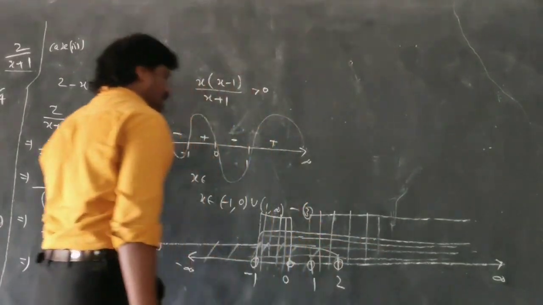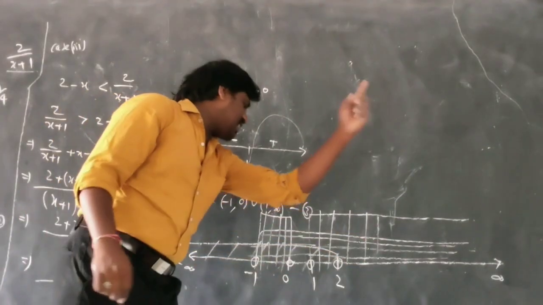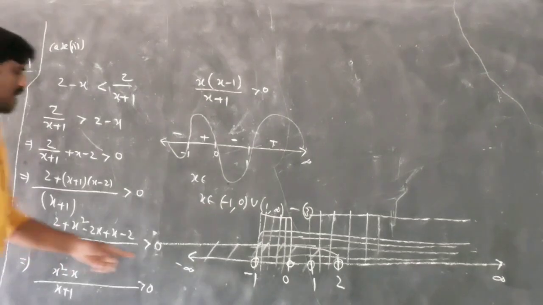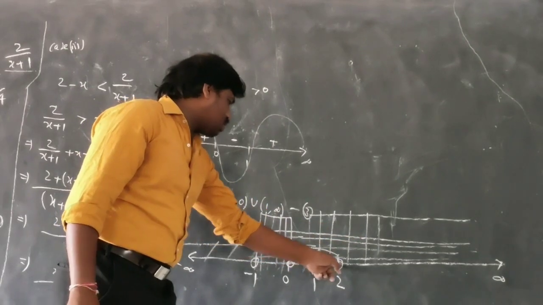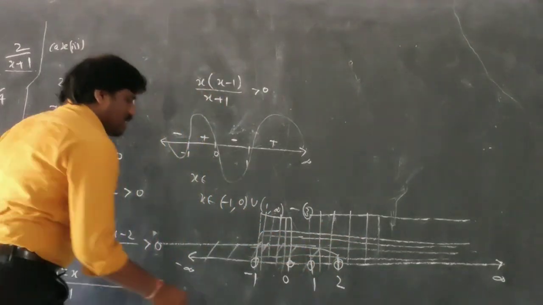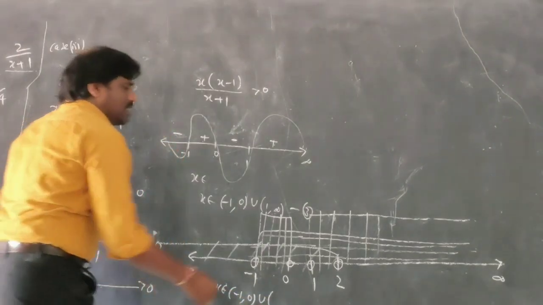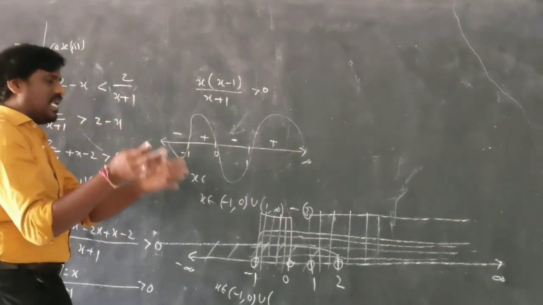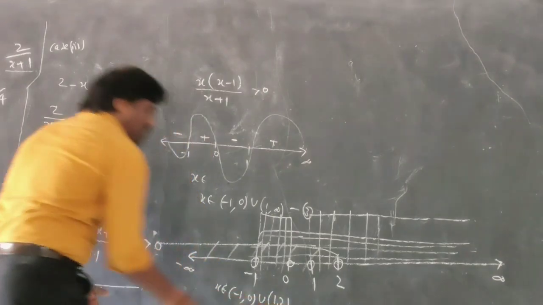Let me know what the intersection of the three is. This one says greater than minus 1, so minus 1 to infinity is included. This is less than 2, so up to 2 is included. And this is minus 1 to 0, and 1 to infinity. These are the parts that are mixed up. So finally the answer is minus 1 to 0 union the mixing point of all 3 lines. If you shade the 3 lines properly, you will understand where they are mixing up. The 3 lines are mixing at minus 1 to 0 and 1 to 2. This is your answer. This is the way to do.